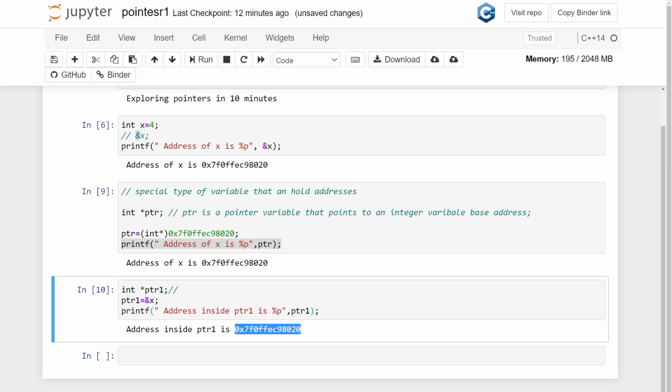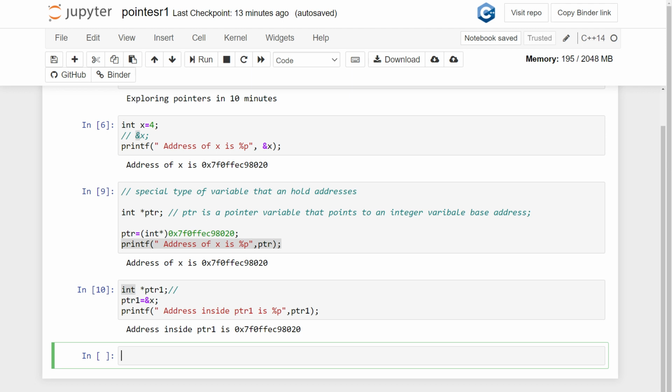From now onwards, we will call a pointer a special type of variable that is pointing to the base address of a variable. Which type of variable? The variable that is defined using, or pointing towards, this particular integer type. So let me do some type conversion. Let me take this example, and from it we'll try to understand what I mean by conversion in pointers.